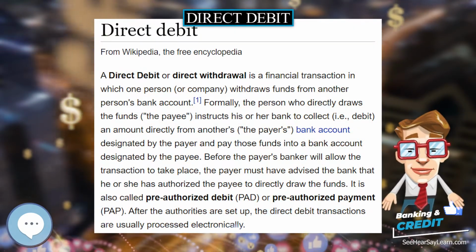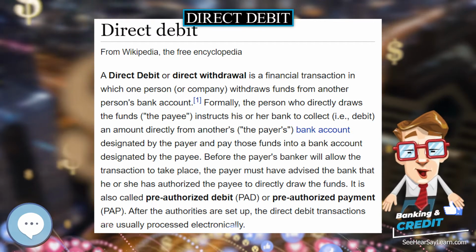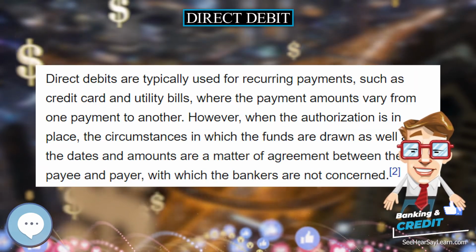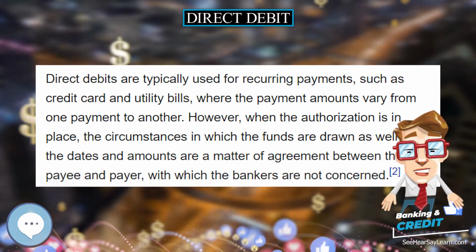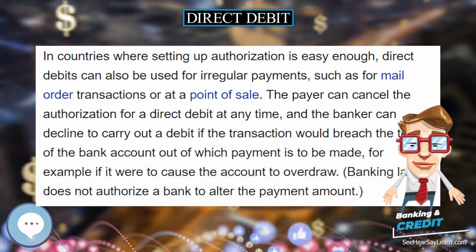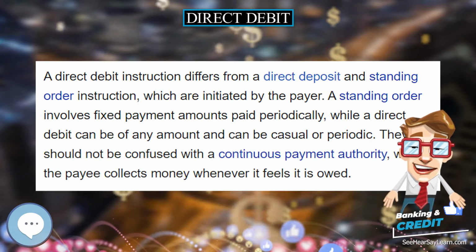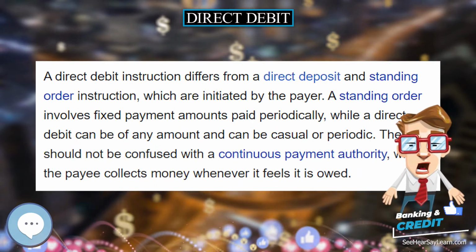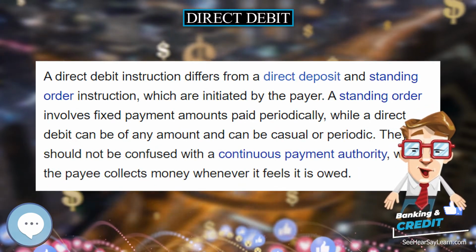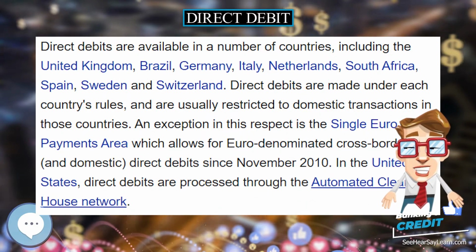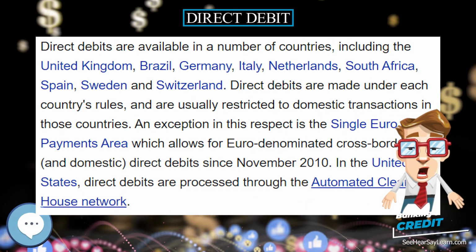Direct debit. A direct debit or direct withdrawal is a financial transaction in which one person, or company, withdraws funds from another person's bank account. Formally, the person who directly draws the funds, the payee, instructs his or her bank to collect, i.e., debit, an amount directly from another's, the payer's, bank account designated by the payer and pay those funds into a bank account